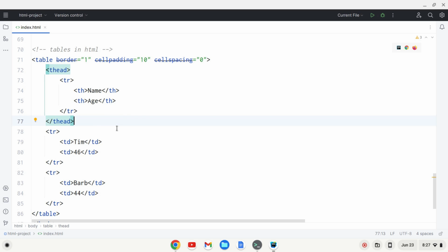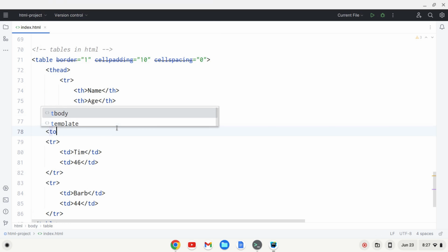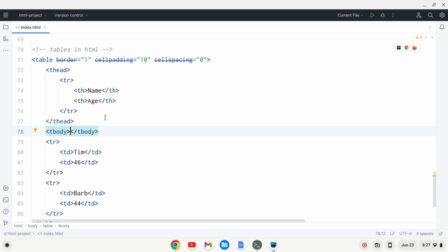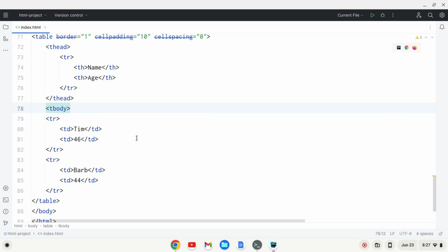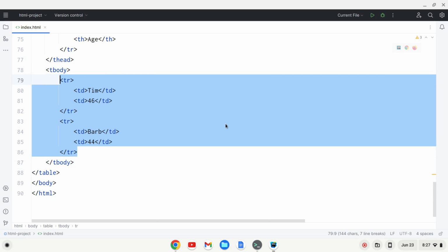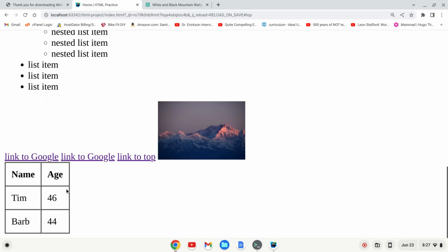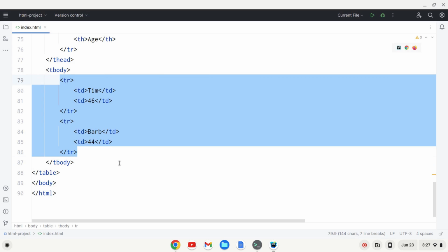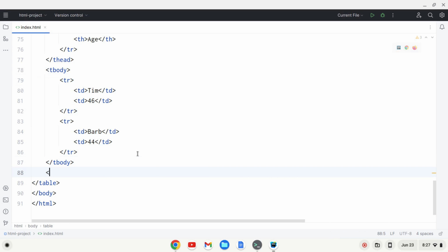So we could do a T head. We could do a T body. Spell it right. And X that out and wrap it around there. And we could tab this over here. And it doesn't change the appearance any, but it does let the browser know a little bit more about the structure. And then we'd have a T foot here, and we could say,